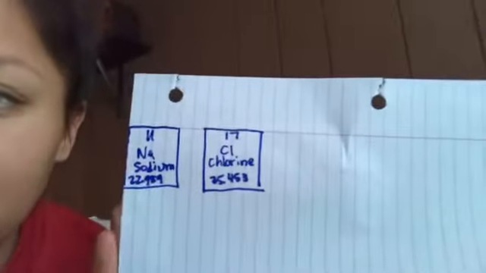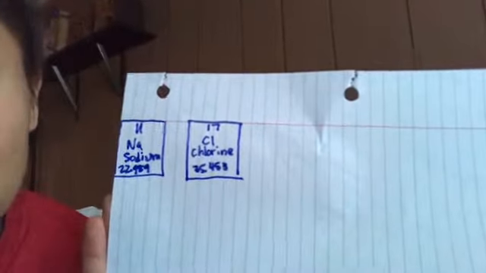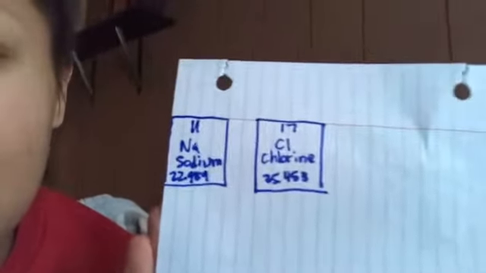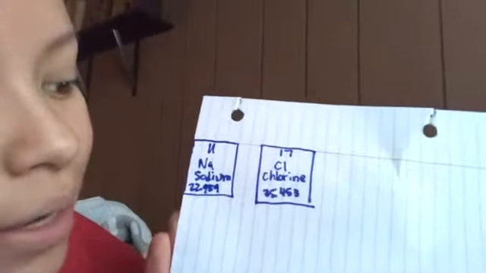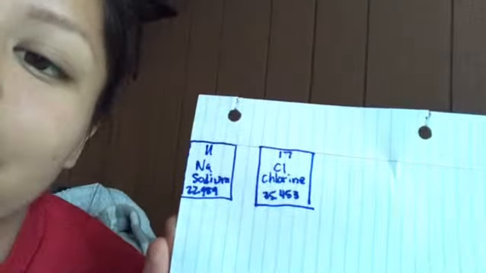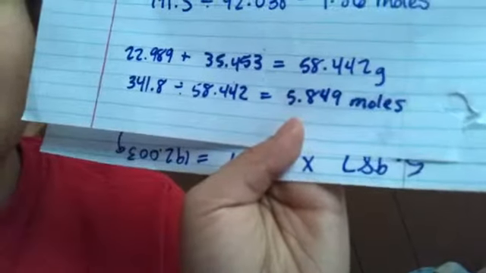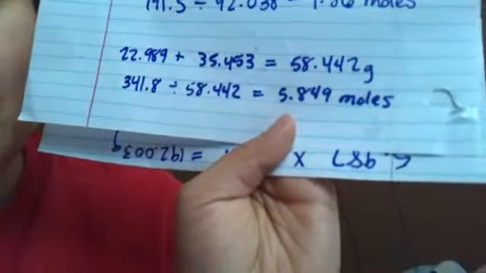So now for question number 3, it asks how many moles in 341.8 grams of NaCl. So first we need to figure out the molar masses of sodium and chlorine. Right here it shows us that sodium has 22.989 as a molar mass, and then chlorine has 35.453 as the molar mass. So using that, we're gonna find out the mass together. So we would add 22.989 plus 35.453